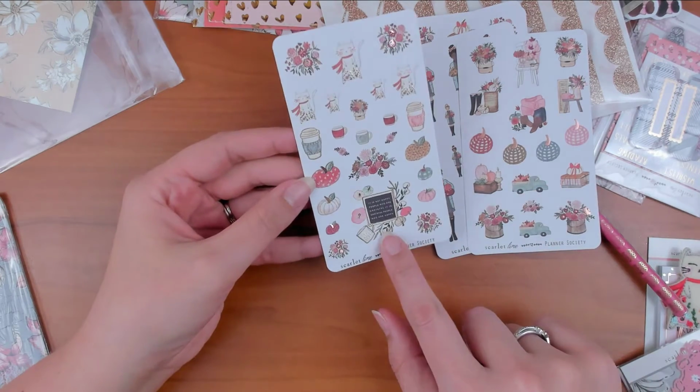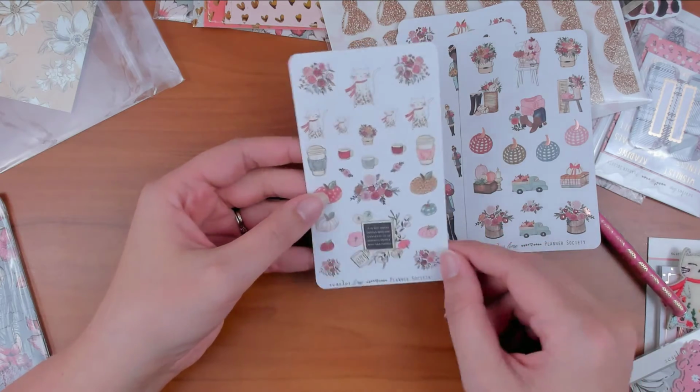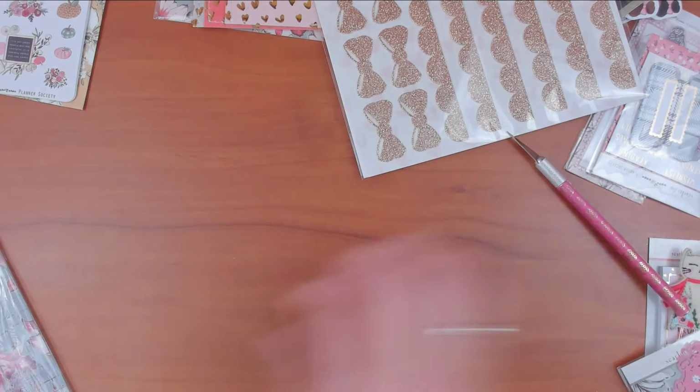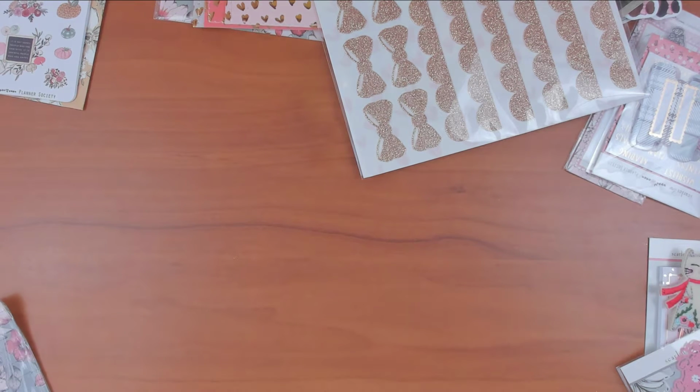Oh, and then she put the quote one as a sticker. That's awesome. I like that one. I really like the quote with the deco. Because honestly, I usually add deco to the quote cards anyway. Like, I just do. So, okay, let's go ahead and do this paper pack,